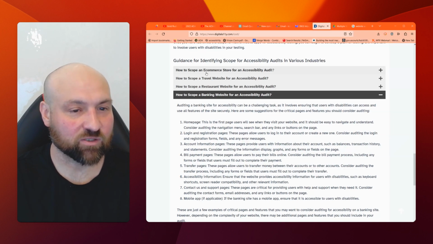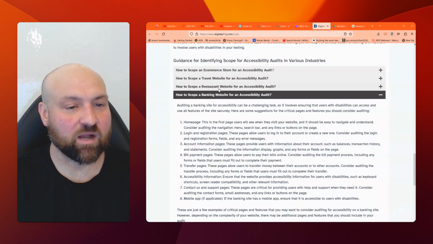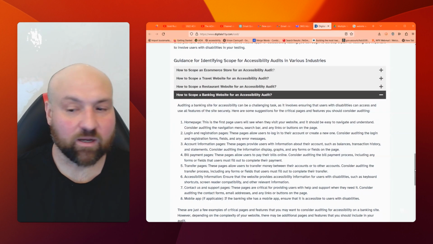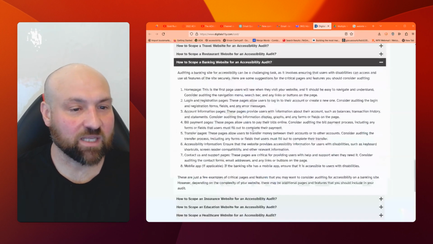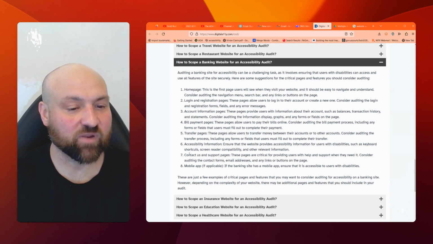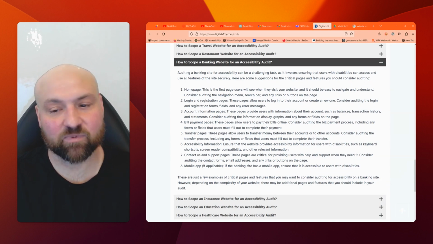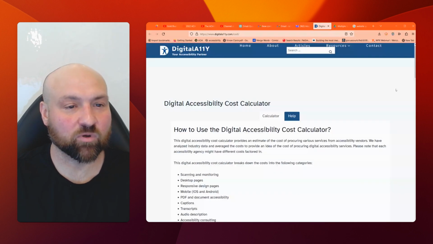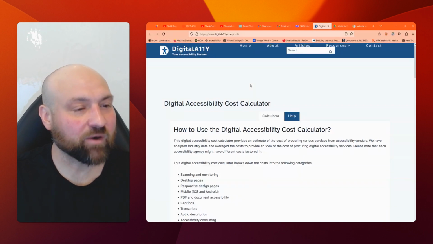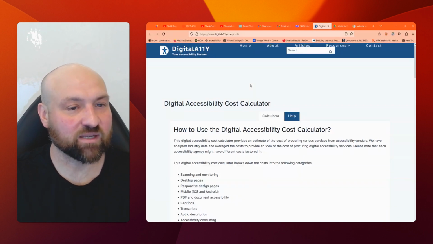So it has how to scope an e-commerce store, how to scope a travel website, and how to scope a restaurant website, banking, and then I'll scroll down, and then insurance, education, and healthcare. So for example, in banking, it says homepage, login and registration pages, account information pages, bill pages, transfer pages, accessibility information, contact us and support, and mobile app. So extremely helpful, very useful,